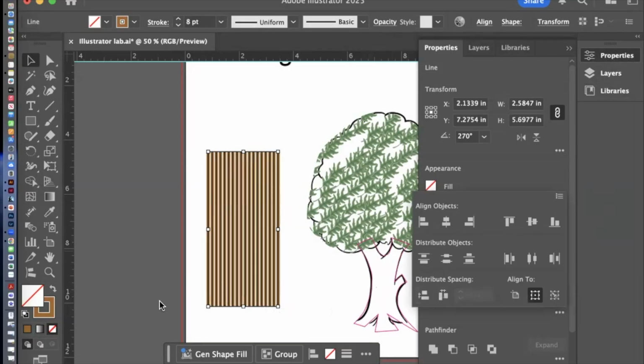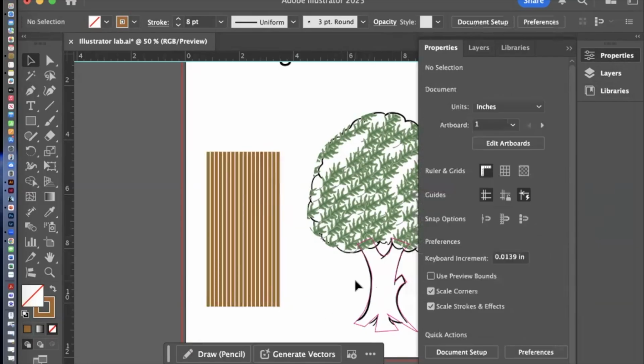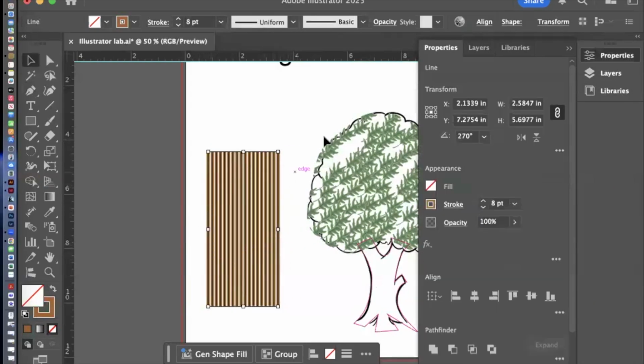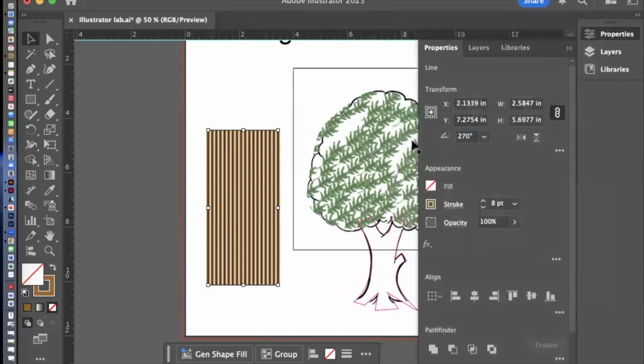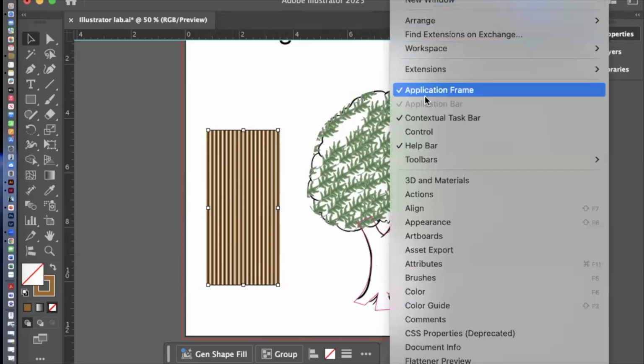Okay, so now we've got this spacing. Now we could use that and that would be okay, but let's try some more stuff. I am going to group all of these. I'm going to see if I can turn on my contextual bar, and it is there. I just don't know where it is. It's probably under something that,